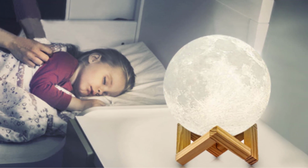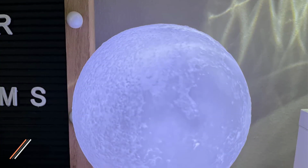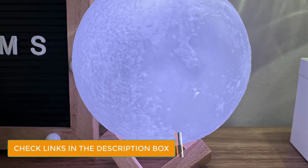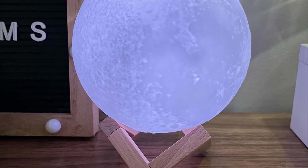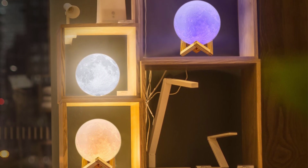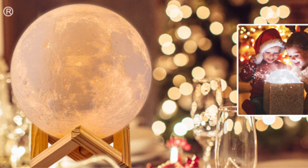It is a basic moon lamp with a 4.8 inches bulb that rests on a designer stand. It is made with 3D printing, so you will certainly get a perfectly spherical shaped lamp with closed sides. And to offer more decorative options, it also features 16 different color modes, which can be controlled via a dedicated remote control. The remote control works within a range of 30 feet, which allows you to control the light even